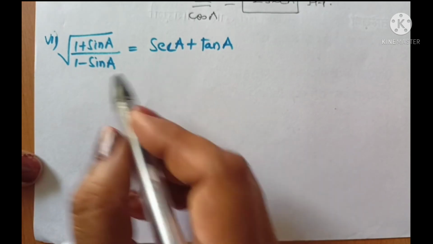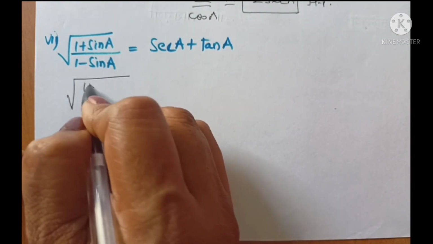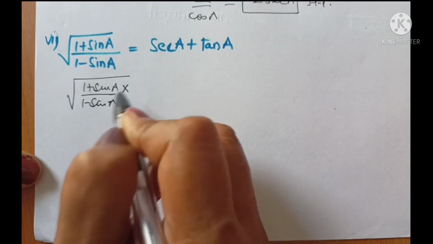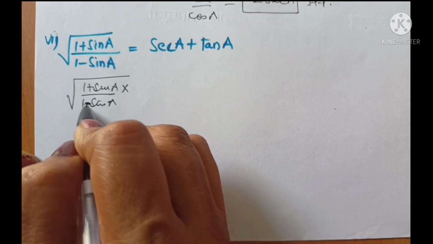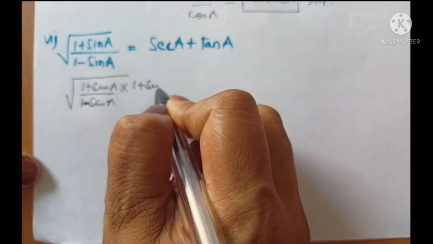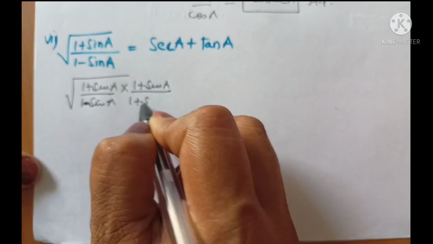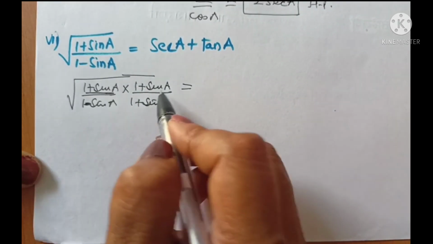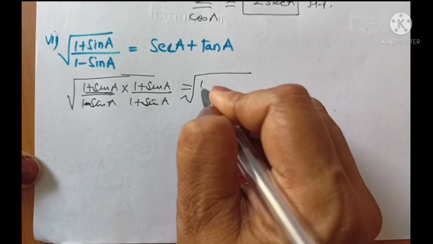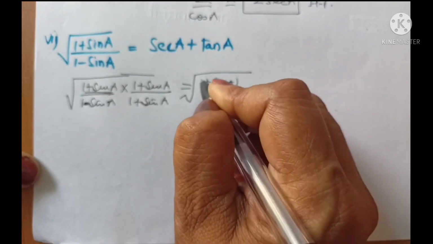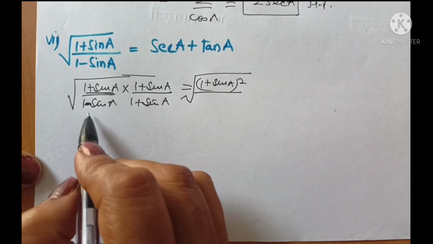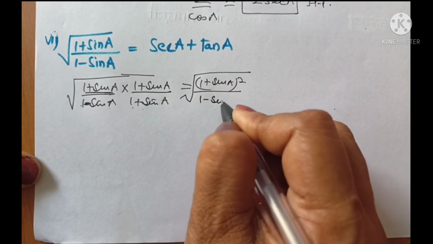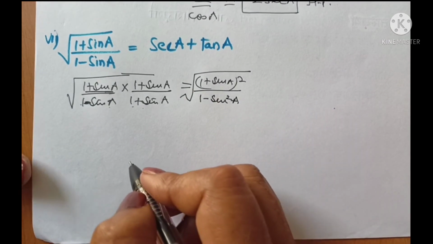Sixth part is very easy. We just need to rationalize. So 1 plus sin A upon 1 minus sin A as it is I have written, and I multiplied with the reverse sign of this negative. So I multiply and divide it with 1 plus sin A over 1 plus sin A. So in the numerator you can see this 1 plus sin A is getting repeated. So I can write it as 1 plus sin A whole square. And in the denominator, A minus B into A plus B, converse of the identity we used in previous question, A square minus B square.